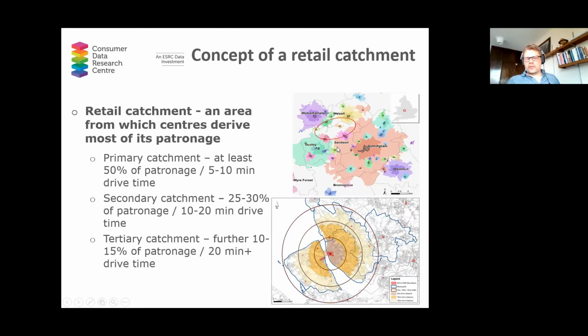Here we've got two different types of catchments, two different maps. The top map shows you the spatial interaction model catchment for the Birmingham area. By the darker shades, you have the primary catchment, so 50%+. And the lighter shade, as you can see here, covers much larger extents. That would be the secondary catchment, so anything between 25 to 50% of patronage. And on the bottom map, we have just simple catchments of 5–10 kilometers drive time or